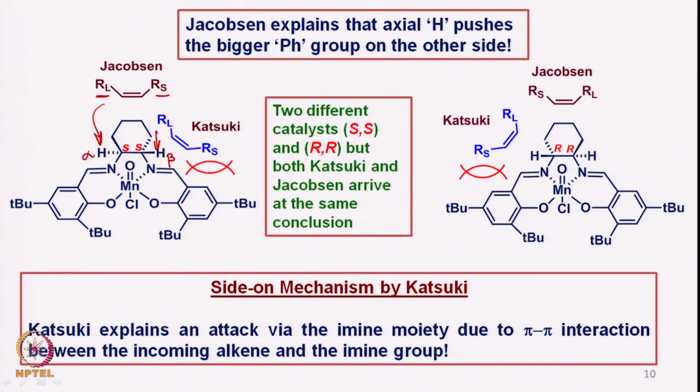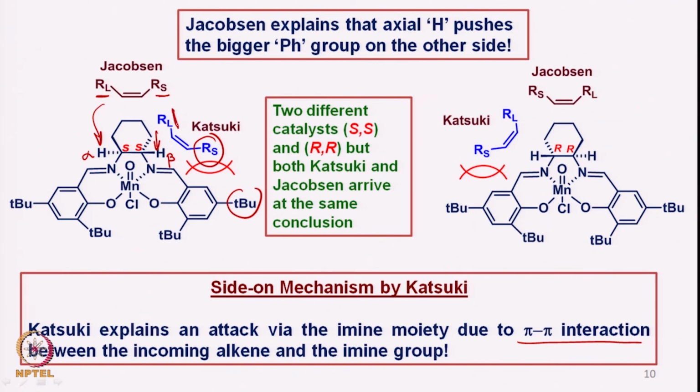On the other hand, Katsuki says that the approach of the olefin is towards the imine, so that there is a pi-pi interaction, and this pi-pi interaction allows the olefin to be closer to the oxo complex. But during the process, what is seen is that the large tertiary butyl group here repels the larger substituent on the other side like this. So, eventually